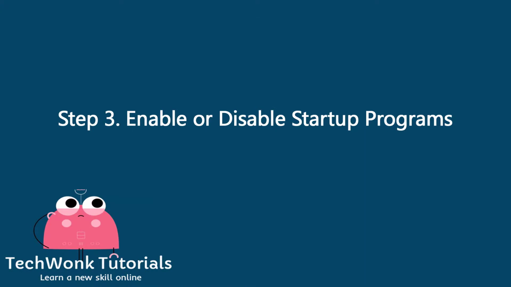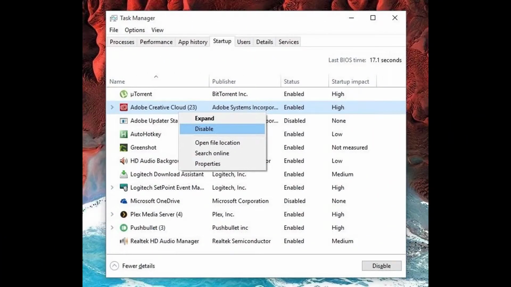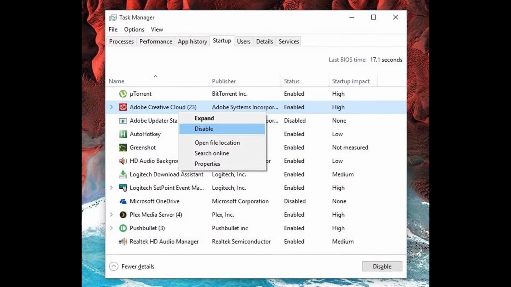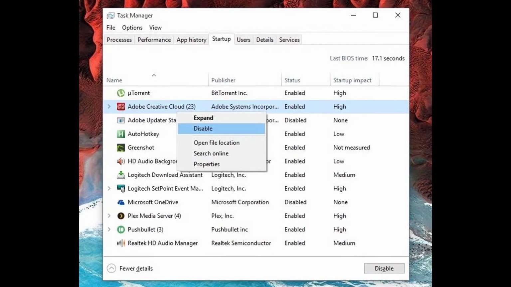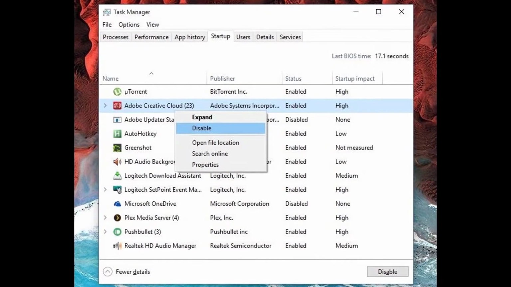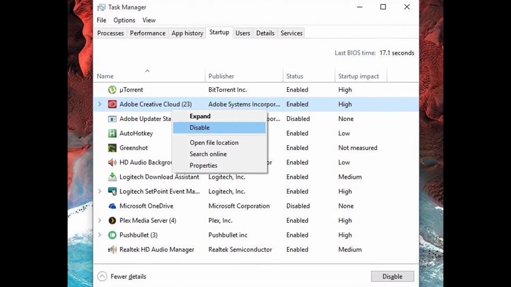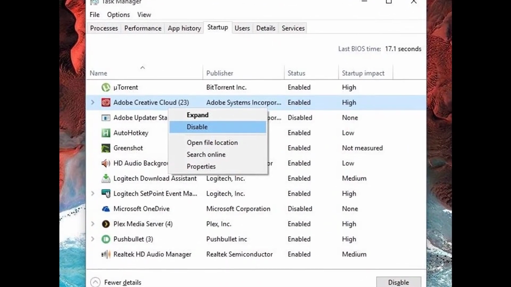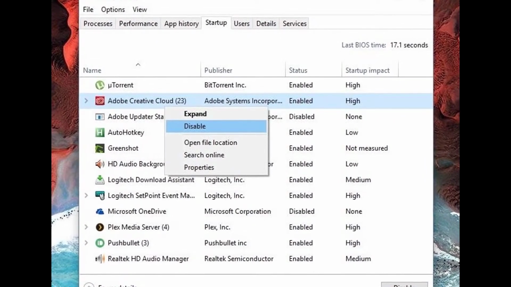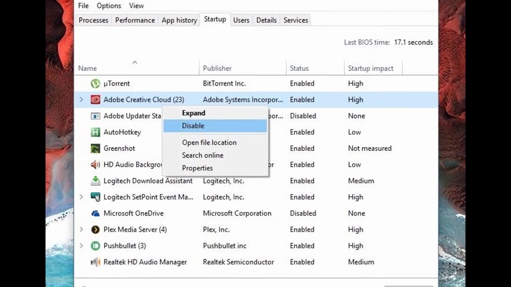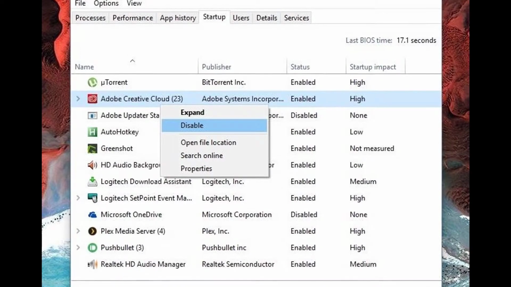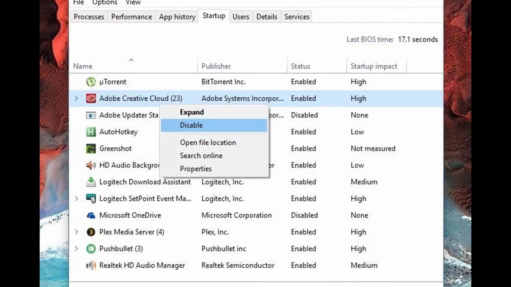Step 3. Enable or disable startup programs. Now that you've familiarized yourself with the apps in this list, preventing a program from starting up alongside Windows is easy. Simply right-click any entry, then choose Disable to bar it from starting up and running in the background. Should you change your mind in the future, just right-click the same entry and choose Enable to give startup privileges